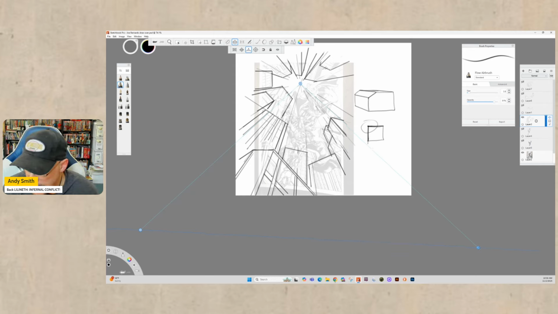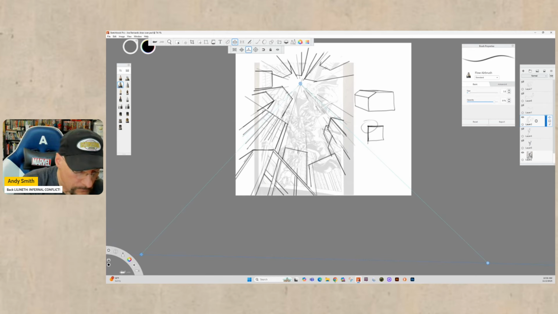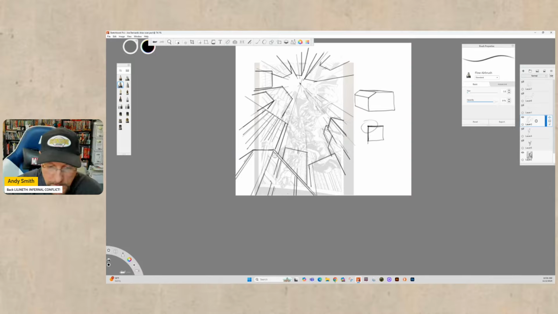It's lower than that. This is out further. So I'm just going to redo some of the lines in this building. So you put the 3-point back, you've got the verticals going to the 1 point up top. And then